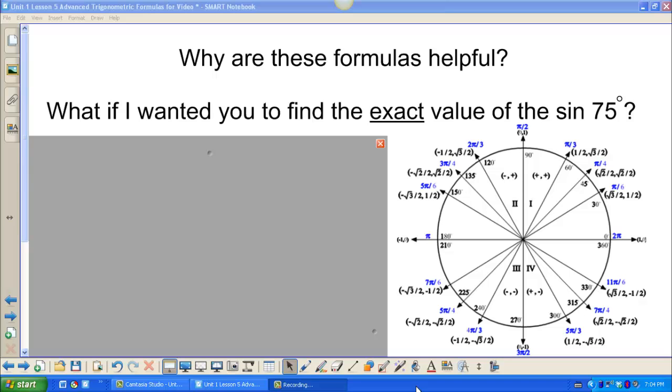Welcome to Unit 1, Lesson 5, Part 1, where we're going to explore some examples using the sum and difference formulas that we derived in a previous class period. So we derived these formulas. Why are they helpful? When we want to find an exact value, the only exact values that you can find